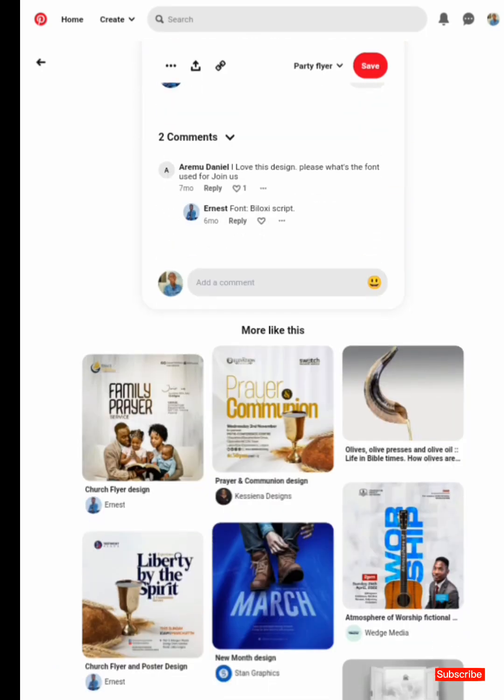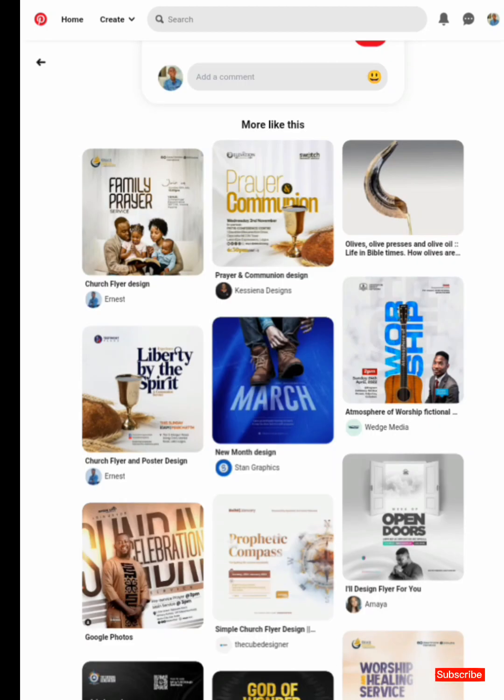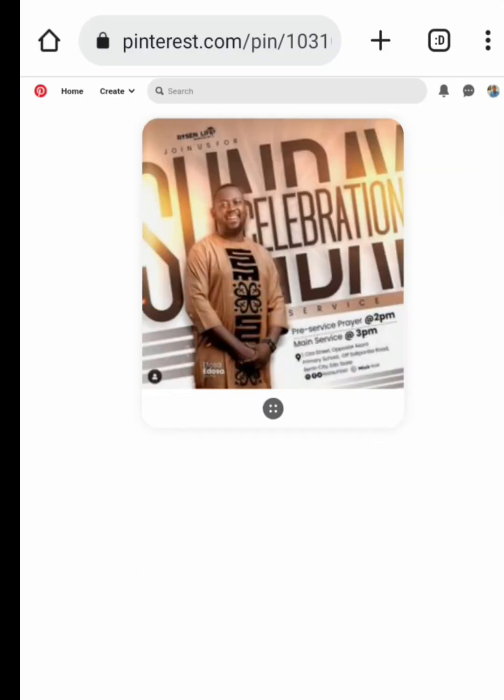So you can see this down here. This is a communion flyer. So this is how you can get inspiration. Like I said, search for something that is of high quality already, so Pinterest can recommend better designs like that to you. So after using this feature, if you're still not okay with a particular kind of design based on